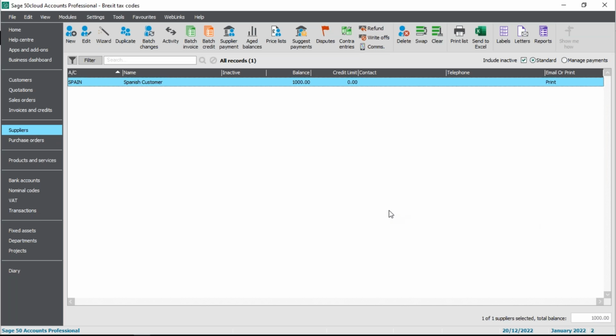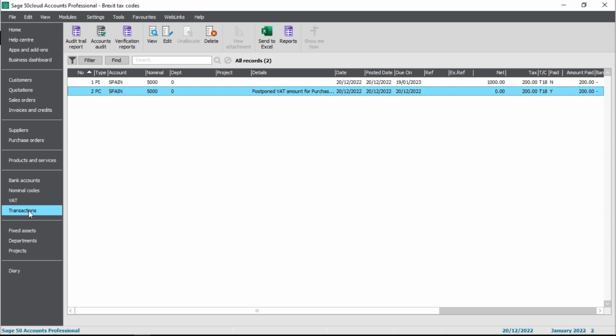Okay, so if we pop back into our customer, sorry, I've put in customer, it's confused me myself. It's not a Spanish customer, it's a Spanish supplier. I do apologise. If we have a quick look at their balance, although that invoice was for £1,000 and then the VAT was added on top, what you'll notice there first of all is that the balance is now just £1,000. So if we pop into our transactions,